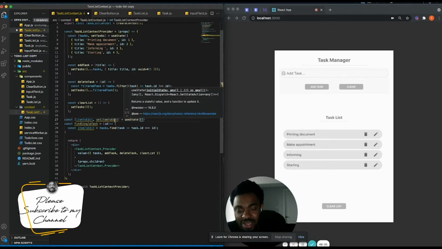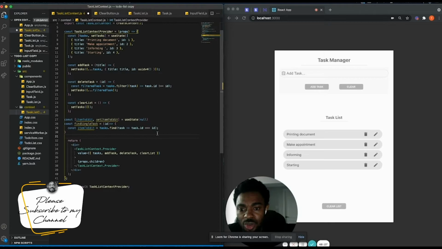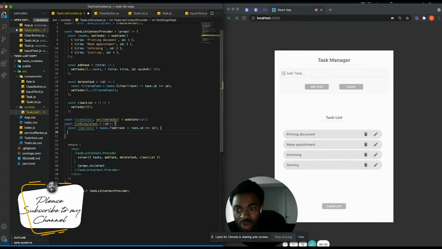But let's call it a null object for now. Actually, it's not an array of objects, it's just an object. We're going to pass into that array, you know. So now it is null. So here I said task, if the task does this, return that task. We are returning that task whose ID equals the ID that we passed in. And we are going to call this setItemToBeEdited. And we'll set it to,